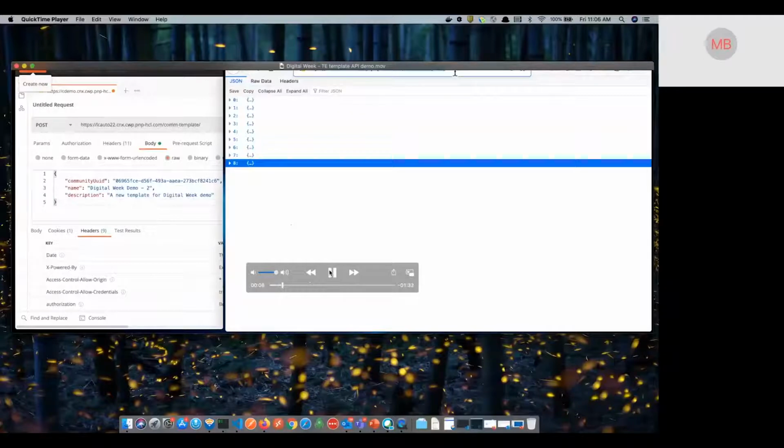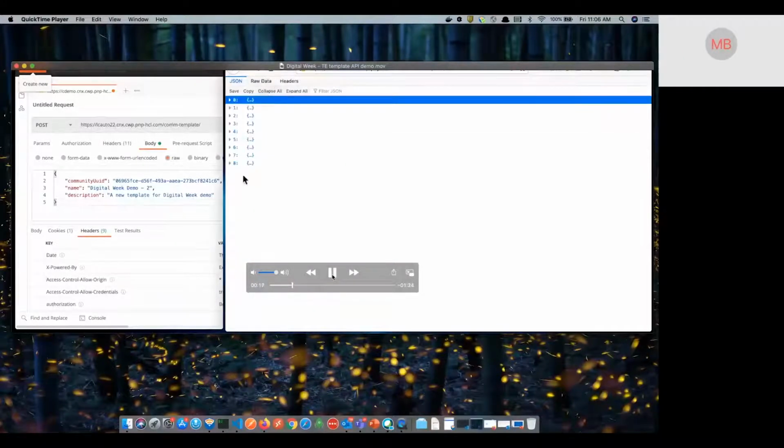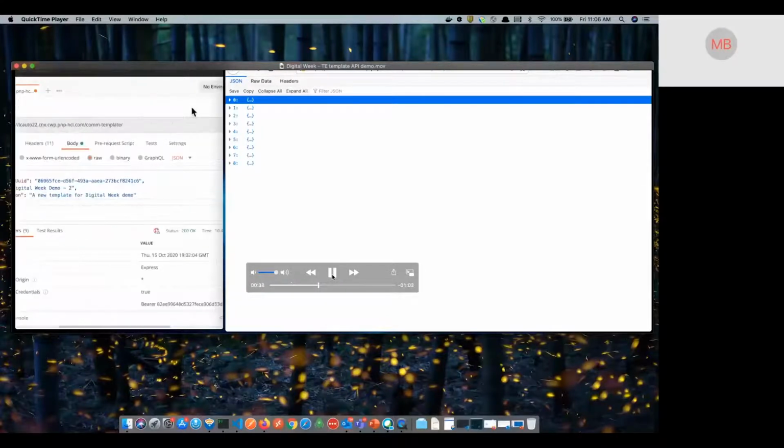So on the right-hand side, you see a browser window, and I'm going to call the template API to give me the list of all the templates that are currently in the system. There are 8 templates in the system. And on the left-hand side, I have everything populated, and it has this payload where it's saying community UID is this, which is an existing community on this current deployment. I want to call the name of the template Digital Demo 2, and then the description, as you can read, is a new Digital Read Demo template. So we're going to hit send,